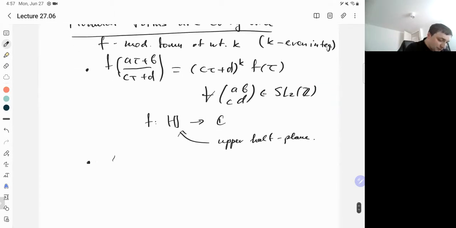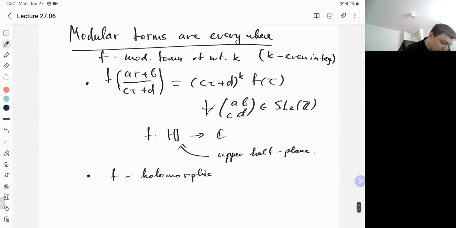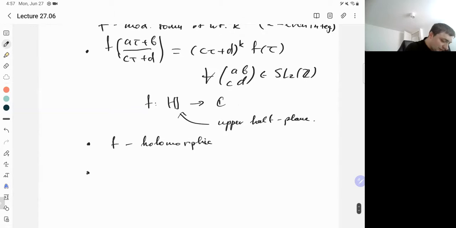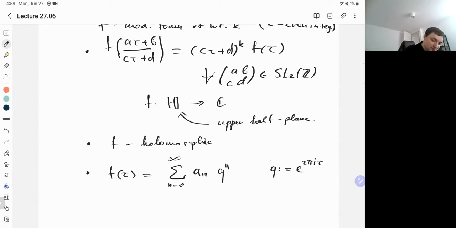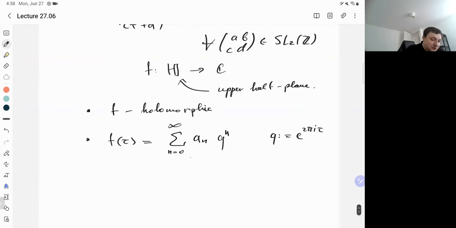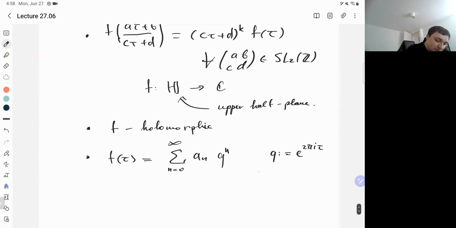and we also want f to be holomorphic, except, well, much of modern developments in modular form theory actually drop this assumption completely or partially. And another thing that we want is a Fourier expansion without negative terms. So what you get is an expansion of this type, and q is the common notation used for the function e to the 2 pi i tau. So you want a Fourier expansion which only has non-negative powers of q